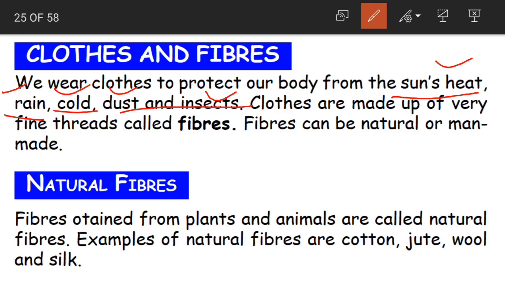No. So if you observe, when summer is coming, we'll try to get more cotton clothes. We'll wear them more in cotton clothes. Why? Because cotton is going to protect from the heat of the sun. No. So in rainy season, again we'll wear clothes or long coats so that we don't get wet in the